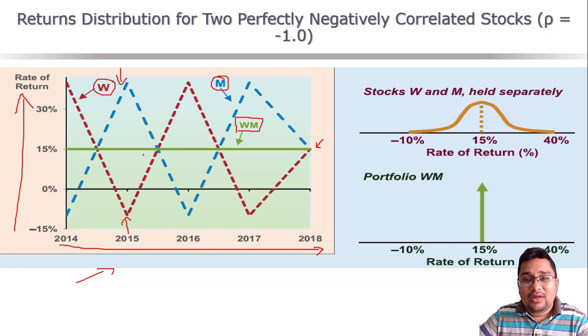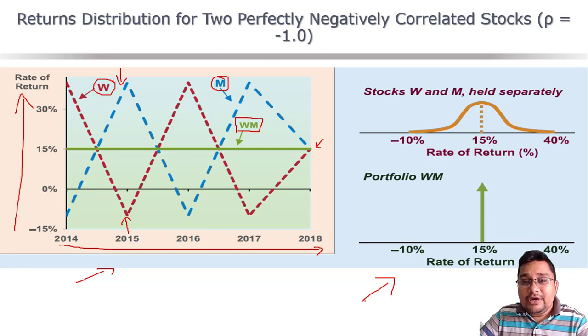This is an extreme example, because in this case, the return of W and return of M have perfectly negative correlation. Now, when the return of W decreases by 10%, the return of M increases by 10%. So this is the example of perfectly negative correlation. So in this case, your portfolio will not have any risk at all. Although this example is an extreme one, it helps us to understand the diversification effect when you invest in more than one asset in a portfolio.